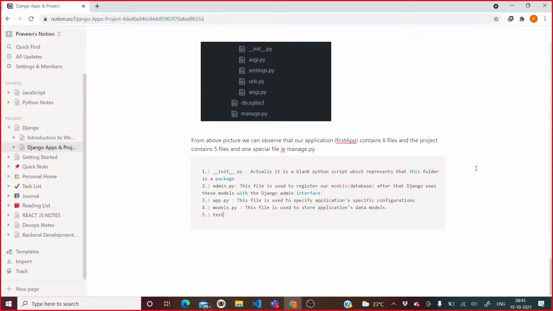Now we will be seeing tests.py. What is this file used for? The name itself tells its meaning.